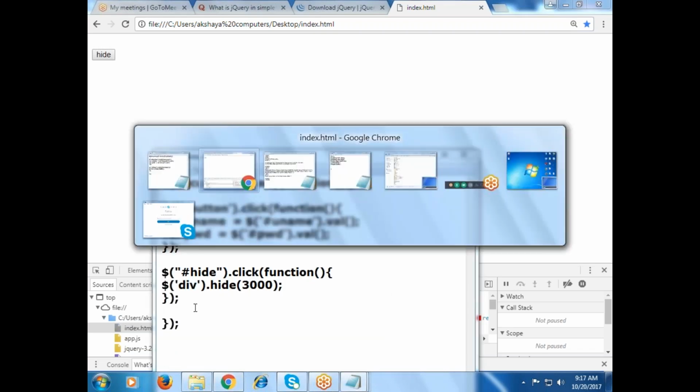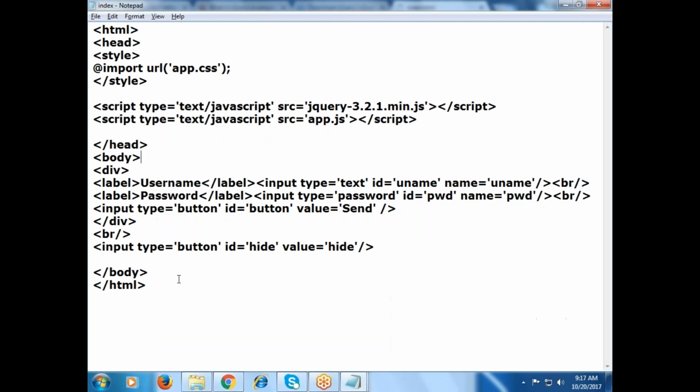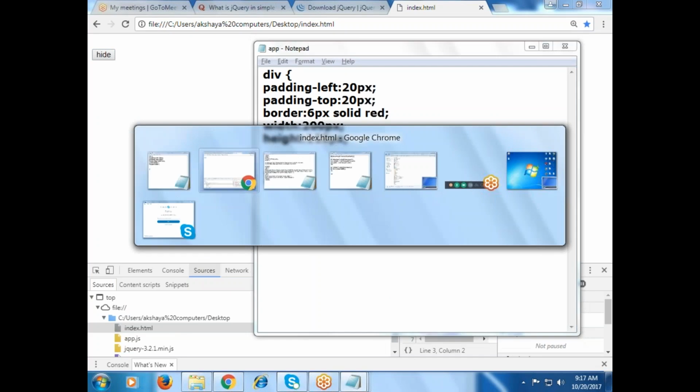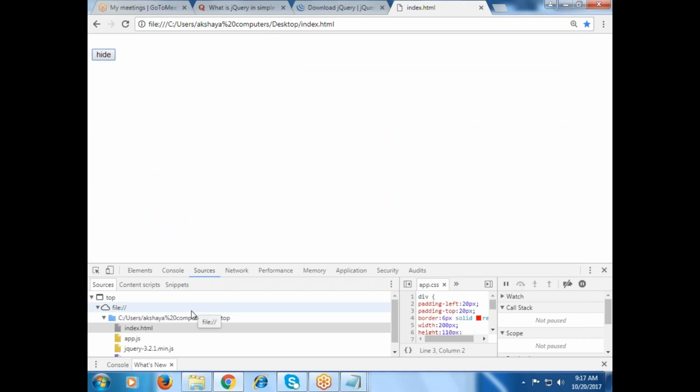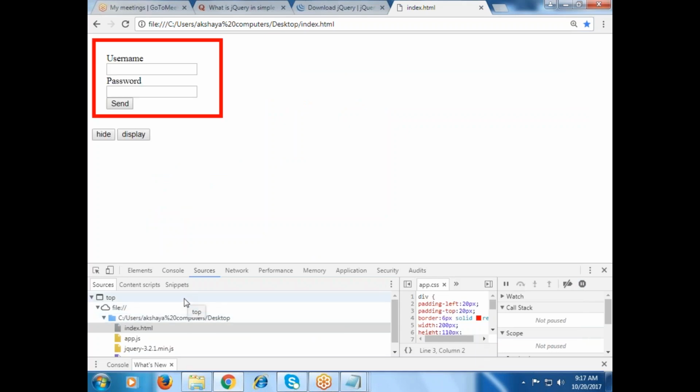But we will be adding one more button there because we are good in hiding. We should be good in showing also, right? Show or display, whatever you want. Good word is display there. So when you want it to be displayed, when you click display button,